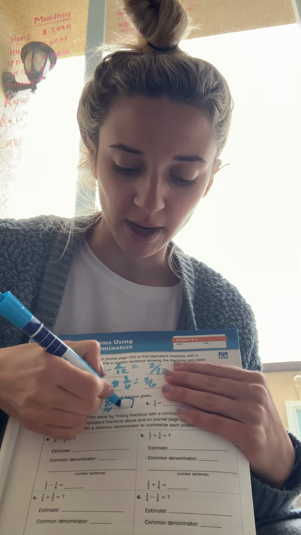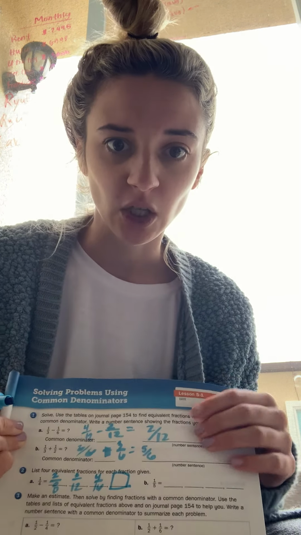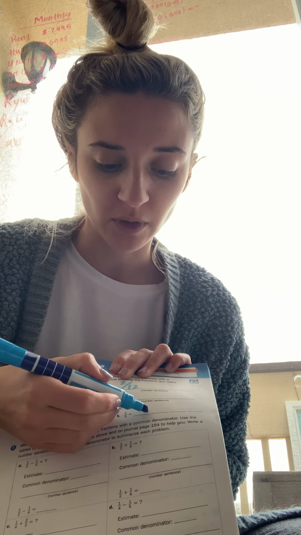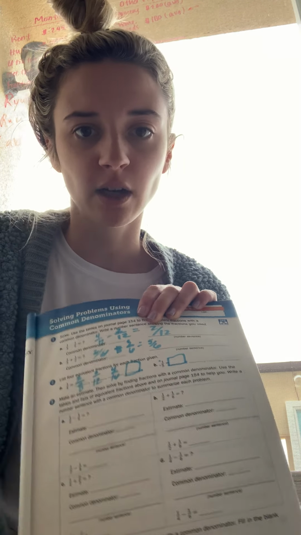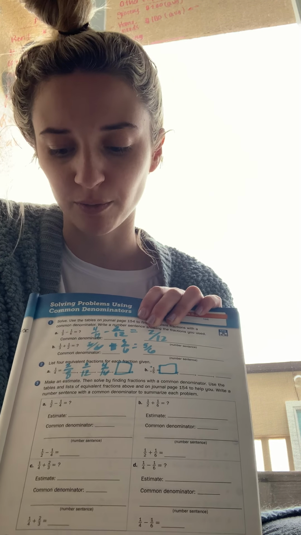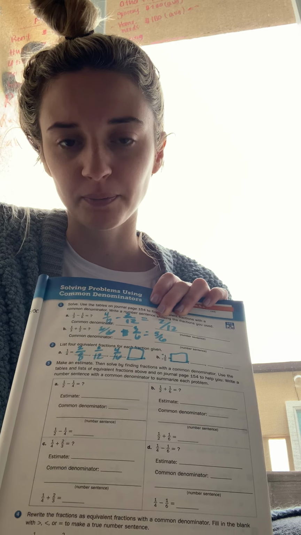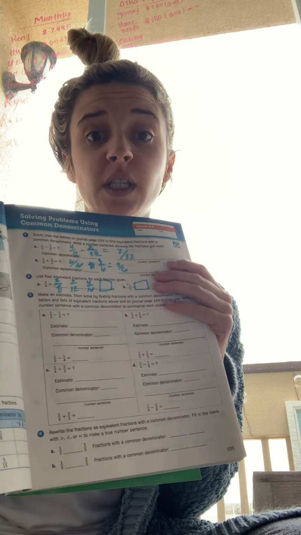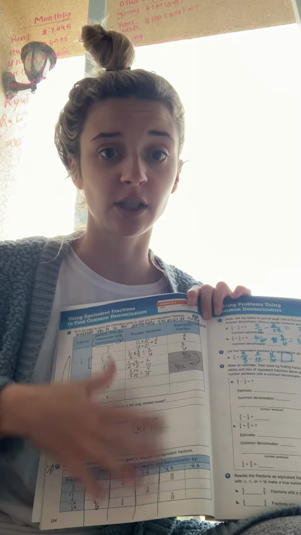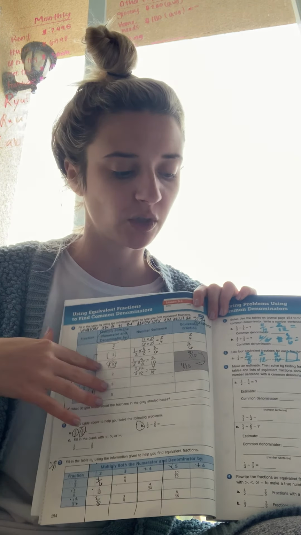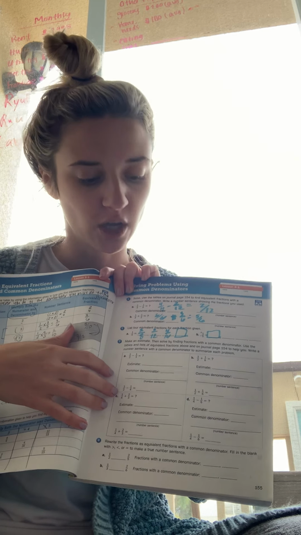I want you to do this one by yourself. You can also do B by yourself. All you're doing is taking a numerator and the denominator and multiplying it by the same number to get a new fraction that has the same value. Okay. Use this video to help you. Use the chart to help you. We did a lot of the hard work yesterday, so today it's just using these numbers and using these examples to be able to figure out what you need to do